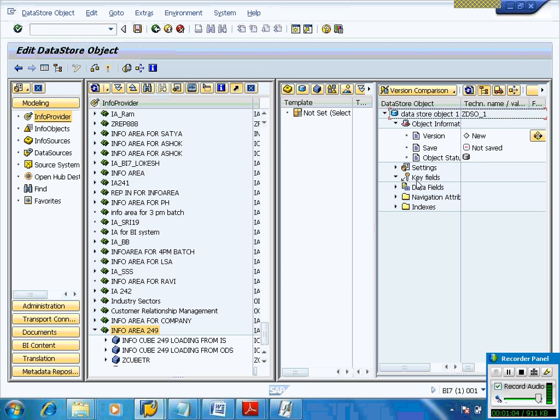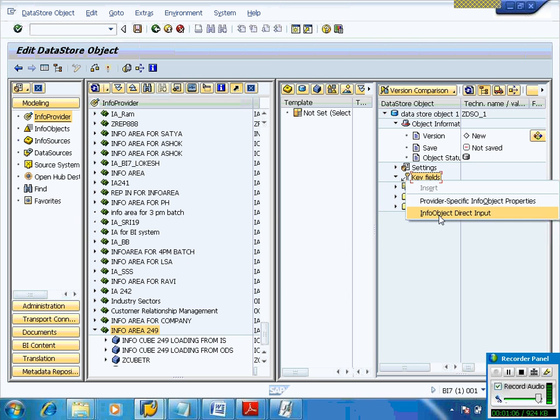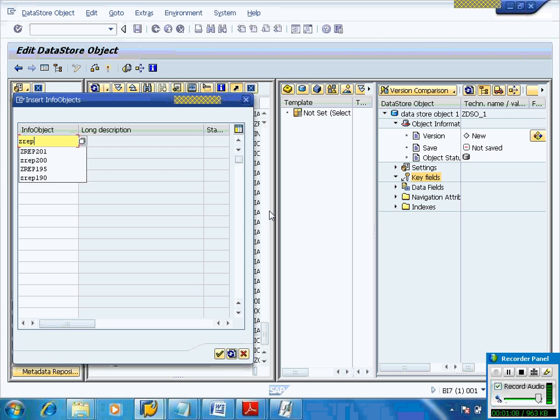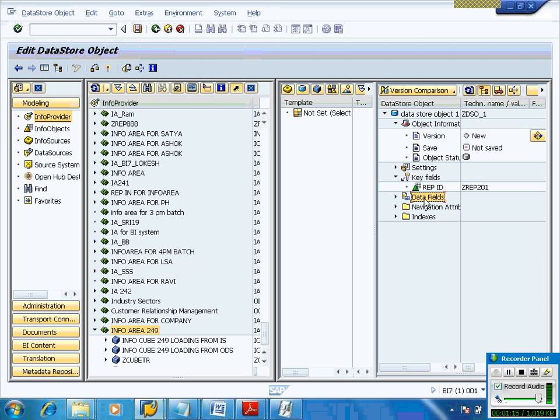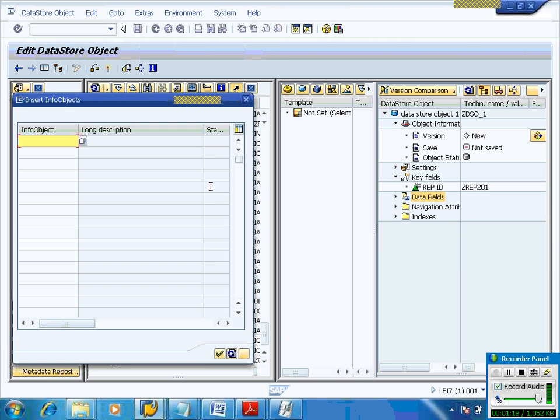Then I am including the vref 201 and data field tag 201, g tag 201.